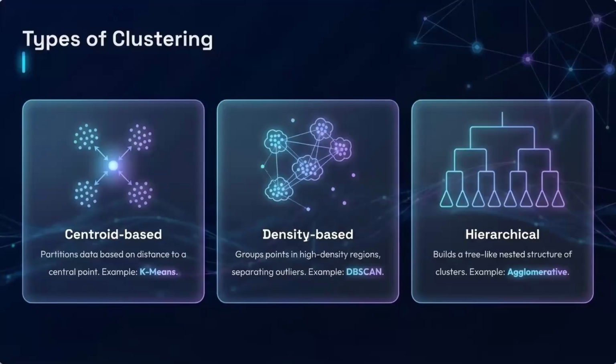Second one, density based, because if high dimensionality data is there, you will try to create the groups by separating the outliers, and you will create the groups accordingly, which is where DBSCAN clustering comes into the picture. The third one is hierarchical clustering, which is a tree-like structure, and you create the clusters in the form of a tree.